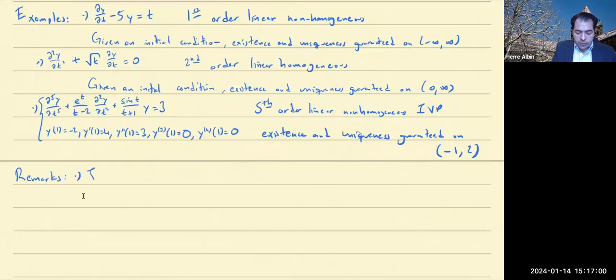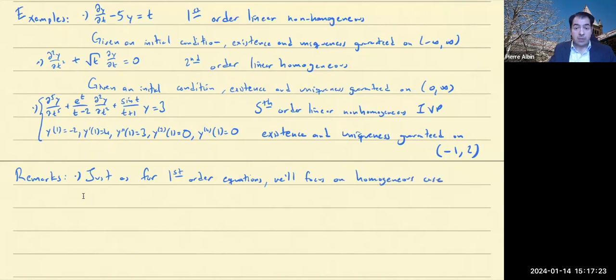Okay, so first, just as for first order equations, we'll focus on the homogeneous case, right? Because just as for first order equations, if you can solve the homogeneous case, then you can use that to solve the non-homogeneous case,